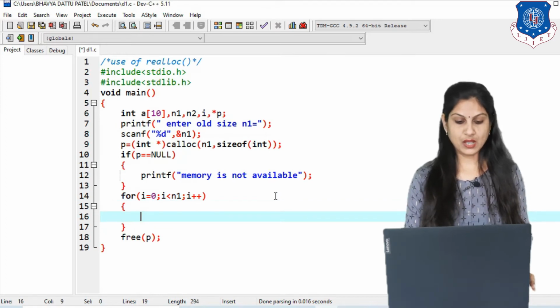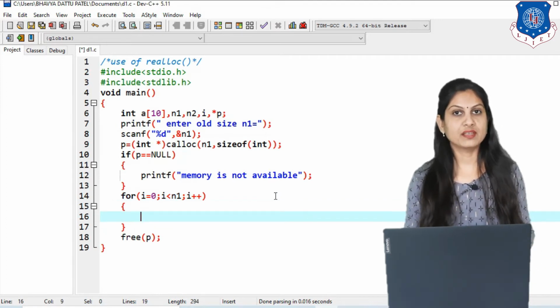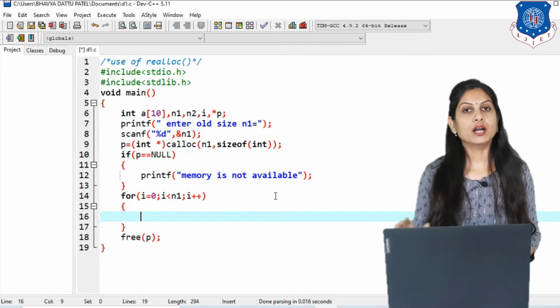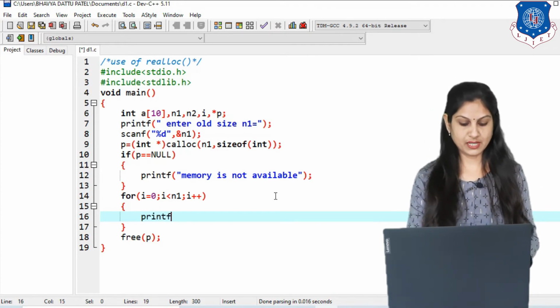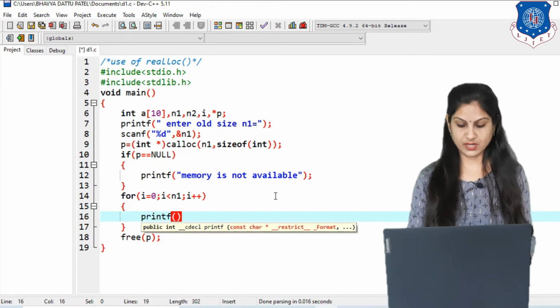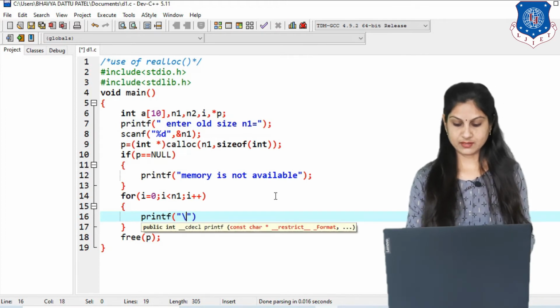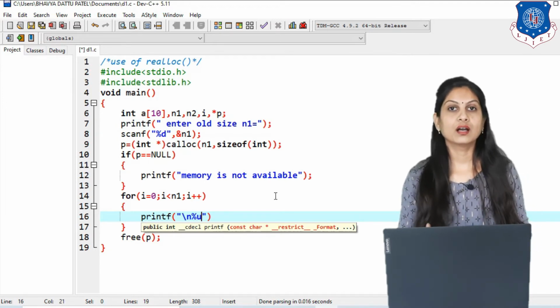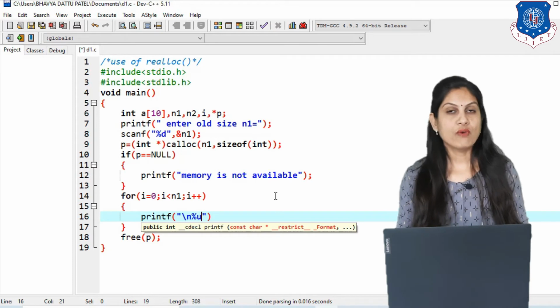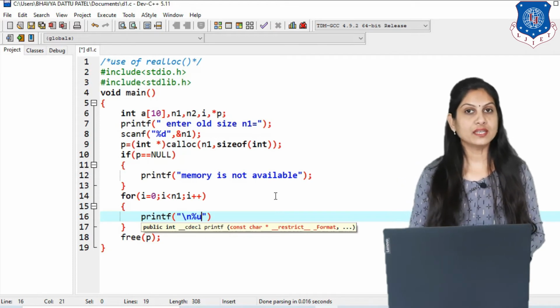Inside the for loop, now our logic is just to print the address that will be allocated using the calloc function, and for that we need the printf function for printing the address, and for that \n for a new line, %u that indicates unsigned integer. Why are we using unsigned integer here?